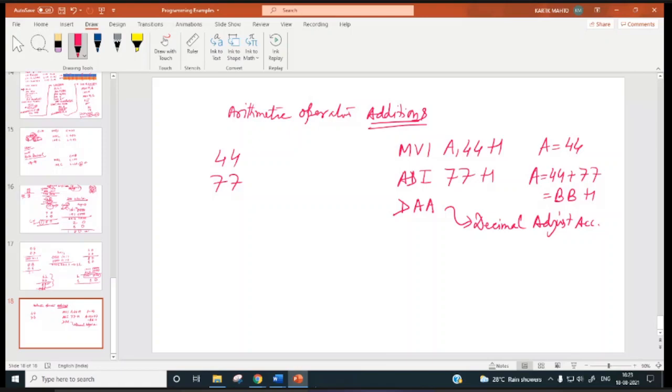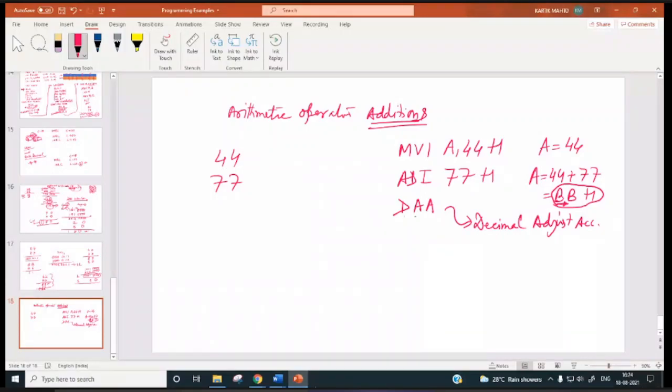So the accumulator content, which is BBH, will be adjusted to its decimal value. Very, very important: it's not going to convert this BB. Whatever the result is will be adjusted to its equivalent decimal value. DAA, decimal adjust accumulator.